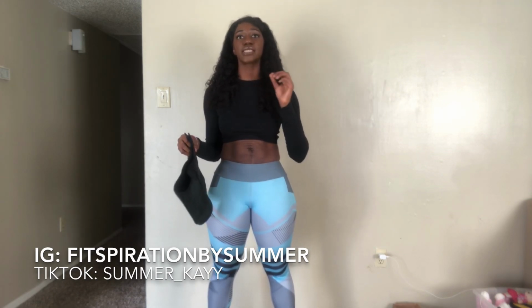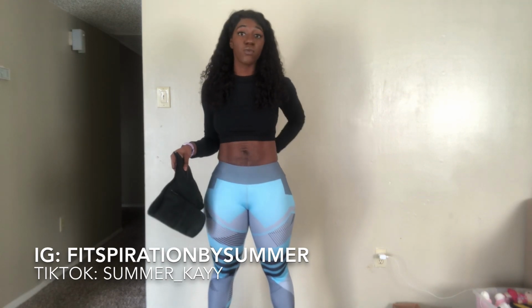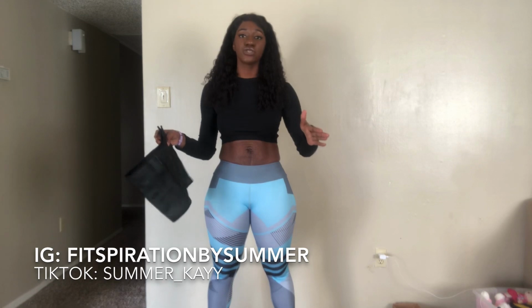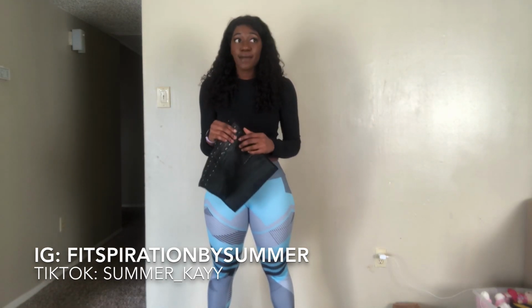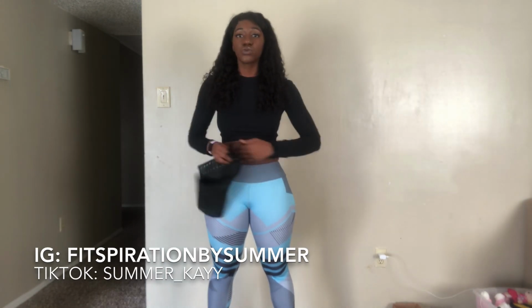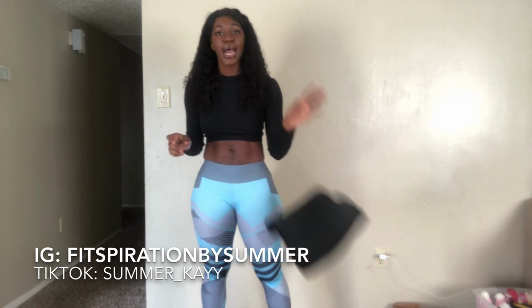it became less about trying to have an hourglass figure and more about trying to have that small waistline compared to my hips and stuff, because you want to create the illusion of having an hourglass figure. So at that point, it really didn't matter about what I was putting on it. I just needed something to cover up my saran wrap so that I would sweat more, which is why I ended up getting